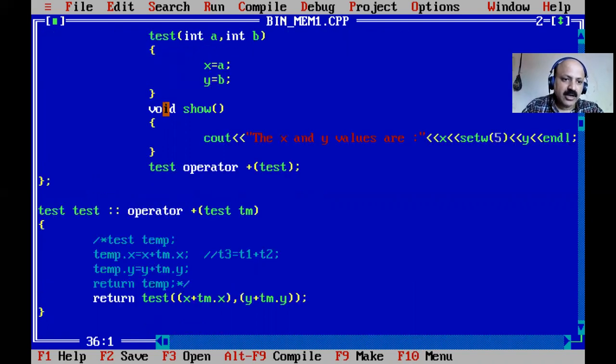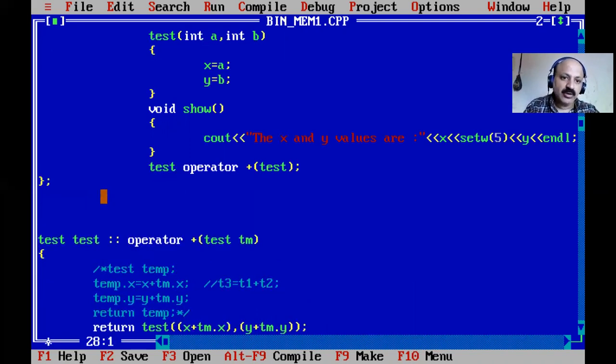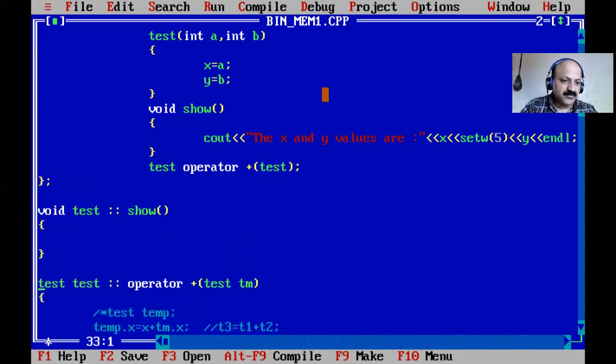Okay, and now that is our only one that is outside, and I think now you can see why the class name appears two times. One is the return data type and one is the class name. Like here we have to write void. So I just give the idea: if show is taken outside our class, what can we write for that definition outside? First we write the return data type, then the class name, and the scope resolution operator, and then show, and then opening and closing braces. So same as same.